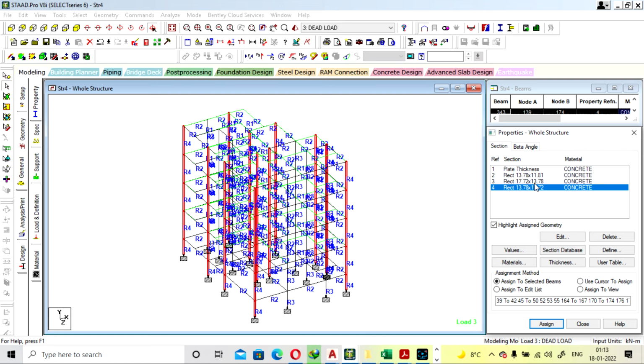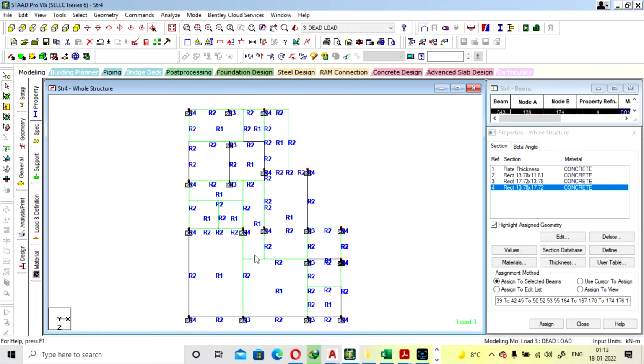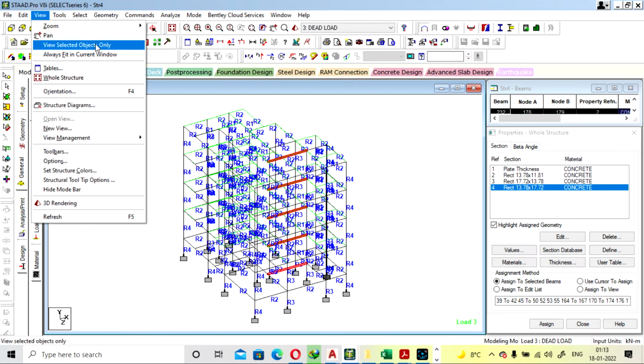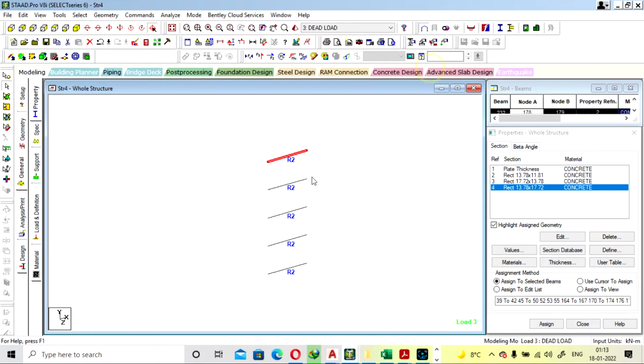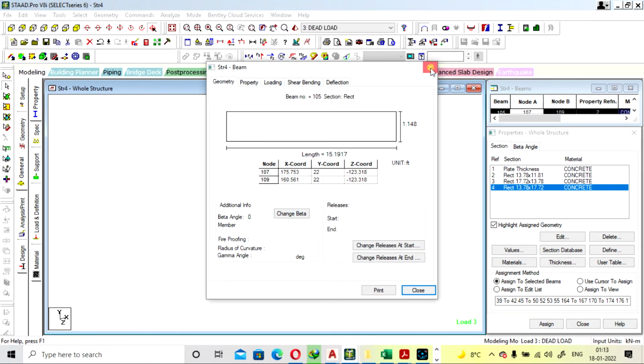Okay, loading is more. So I have to provide the column in these points. Okay, we selected. Let's check. Okay, this beam was okay right now. This beam is also okay, and this will be also okay.